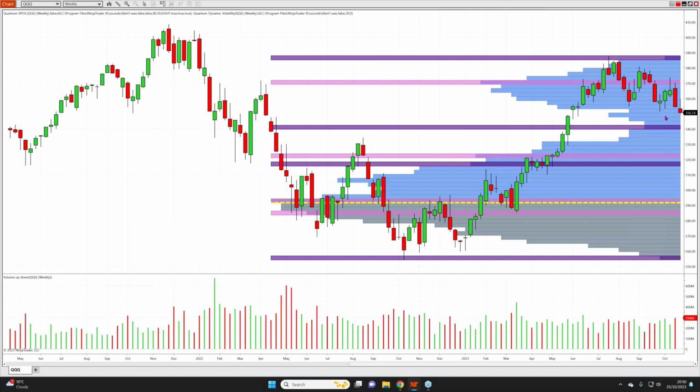If you're not familiar with using volume from a support and resistance perspective, it works in exactly the same way as we do with price. Because if you have the higher areas of volume on the histogram, then you would expect price to be supported at that point or to be resisted at that point. Equally, where you have low volume regions, this is a low volume node, a very low volume node here, then certainly in a